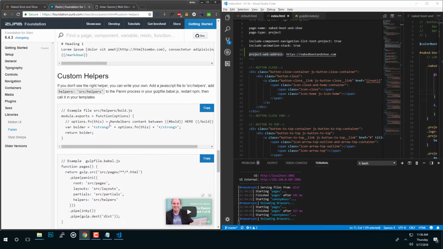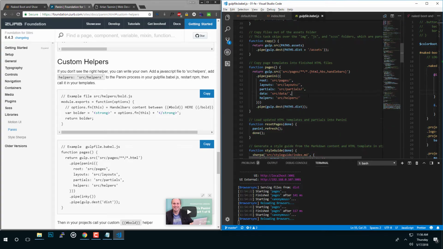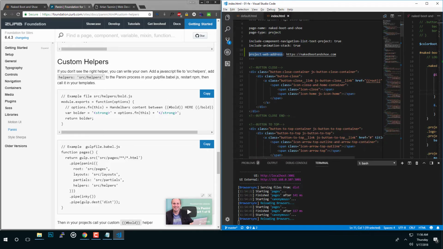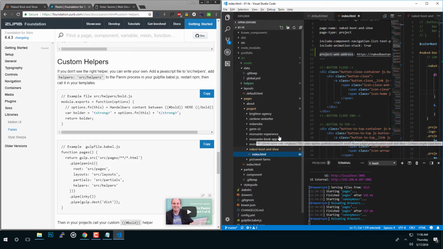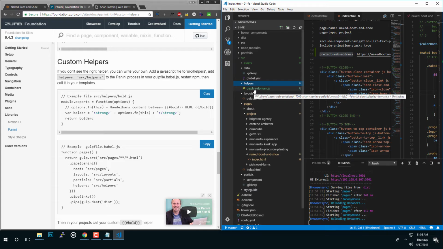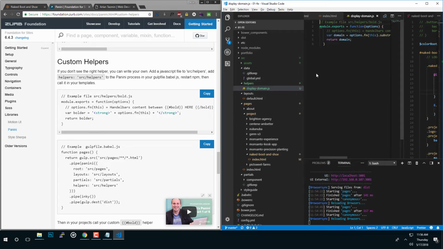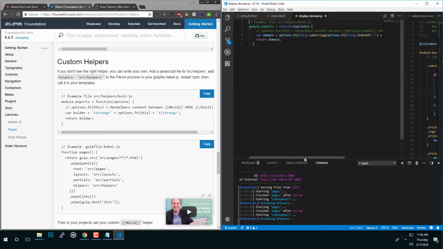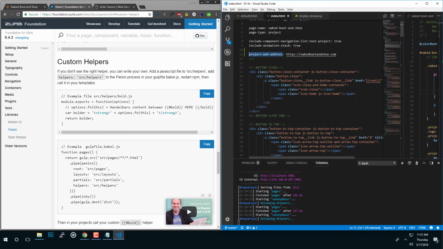So this was already included in the original file, and I went ahead and created this helper, and the way it works is that it uses the substring method, and I look for the first instance of this character and then add 2 to move the substring past this character, 2 characters, and